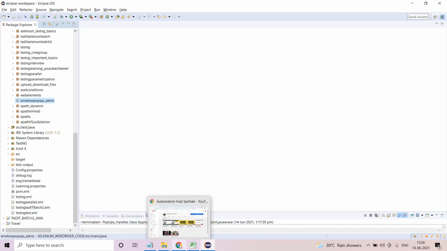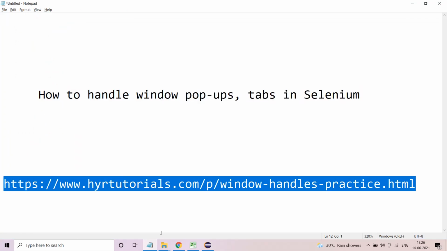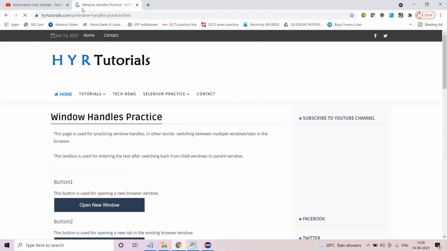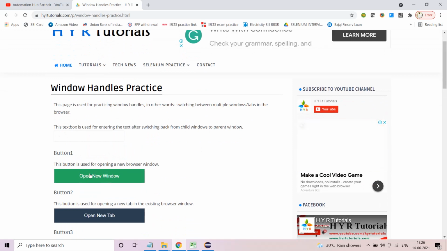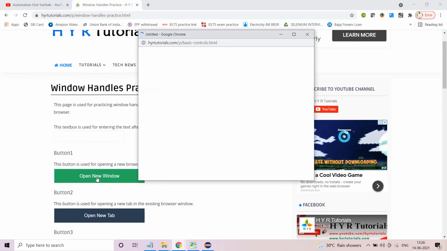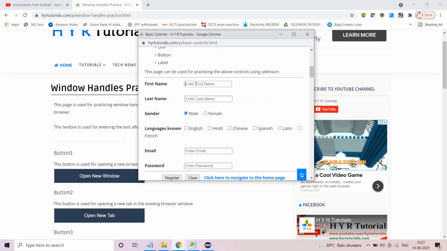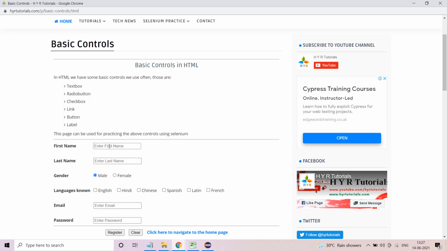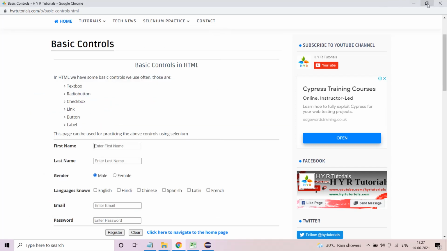Before I start our code, let me show you in a manual way how this behaves. I'll copy this URL and paste it over here. This is a website, and let's say the button one: if I click here, open new window, see, this is not an alert, this is a proper window. It has minimize, maximize and close buttons. It has its own entity as well, its own web page. If I maximize this and want to enter the first name and inspect it, see, it has its own DOM structure as well. So this is what we want to do.